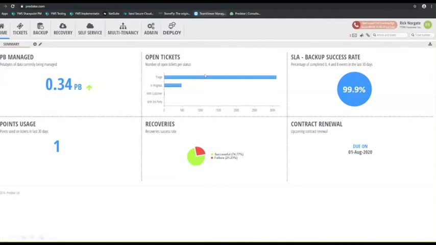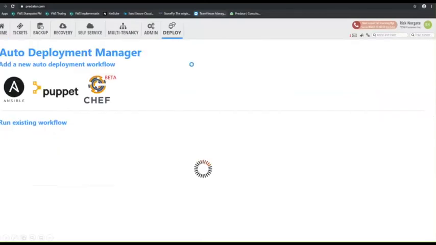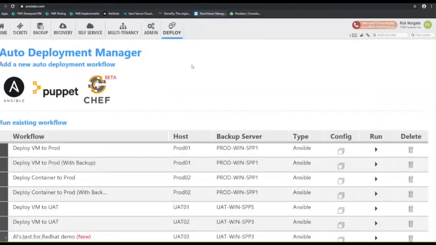But new to this is the deploy option. So this is in our proof of concept piece. Deploy gives us various options, each of which use some pre-configured parameters that let Predatar reach outside the application and send an instruction to an external environment. I will select the option to deploy container to prod, which is this one.